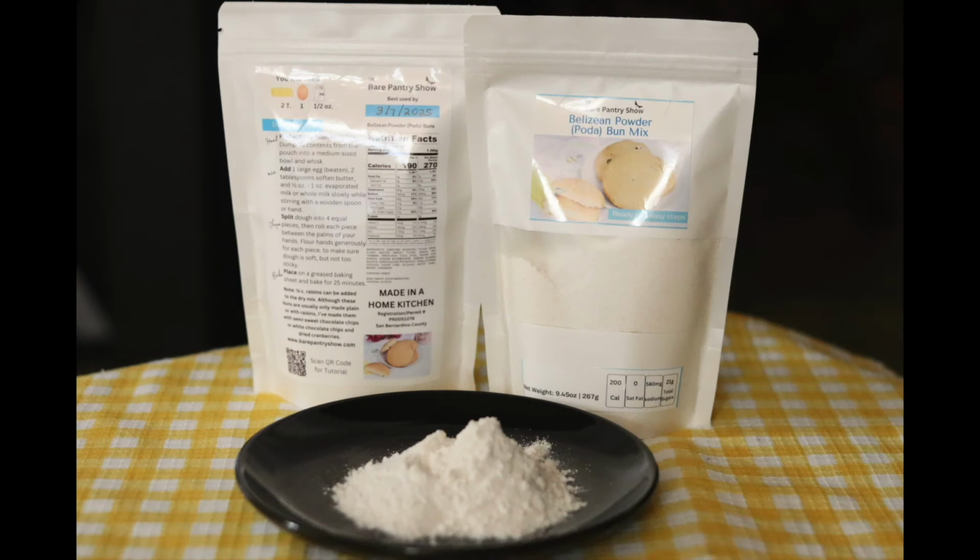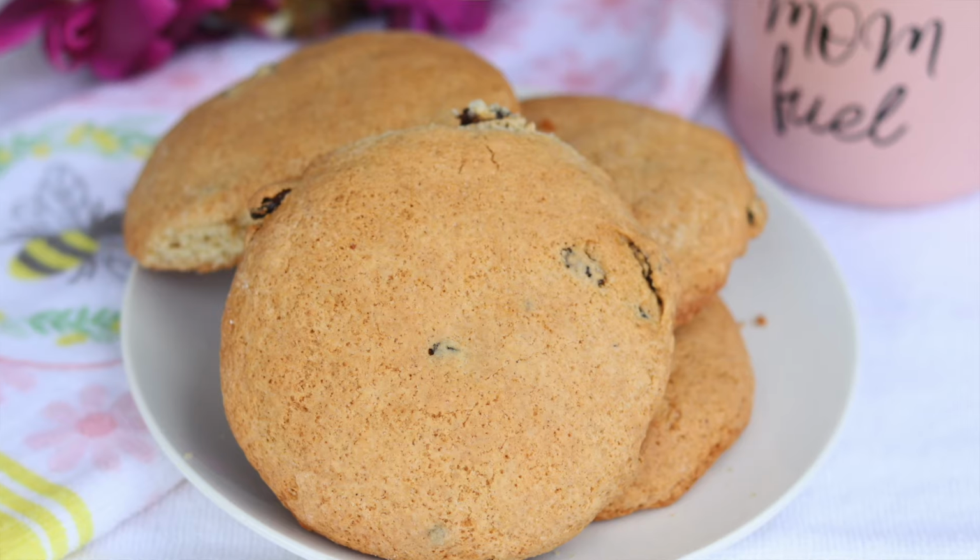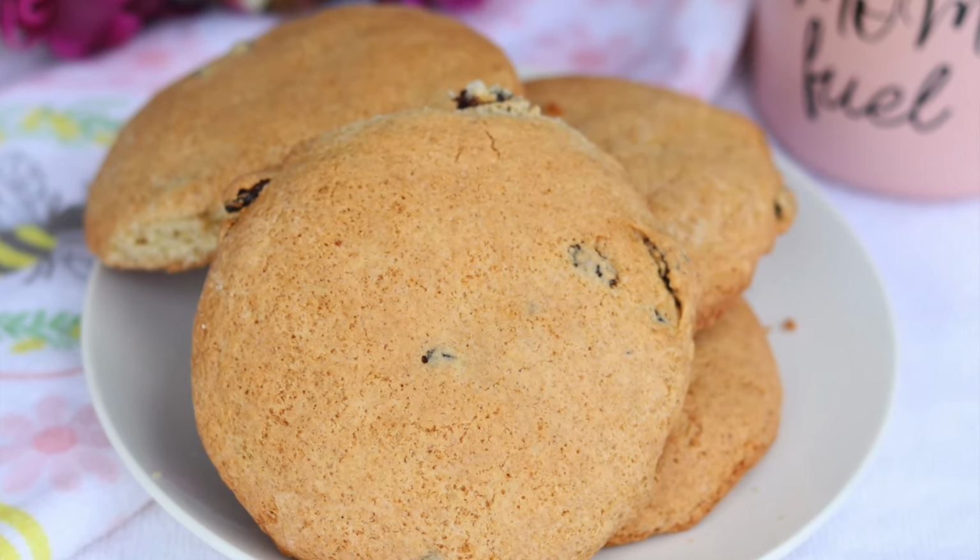All you have to add to this is 2 tablespoons of butter and some milk, and 1 egg, okay? Powder buns originally are not made with egg. I'm the one that adds egg to it because I like how light it gets with the egg in it. You don't like egg? Omit the egg and just put the milk. You just have to put a little bit more milk than what this says, and you're going to get